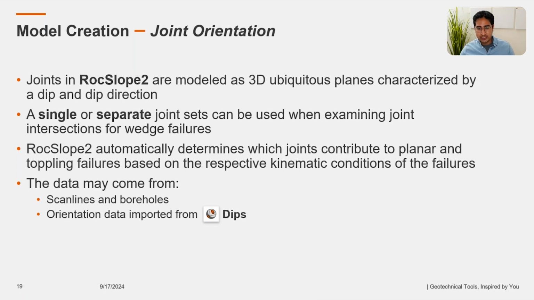And these joint orientation data can be imported from Dips. Single or separate joint sets can be used when examining joint intersections for wedge failures, similar to how it was done in SWedge. And RocSlope2 automatically determines which joints contribute to the formation of a planar or toppling block based on the respective kinematic conditions for these failures to